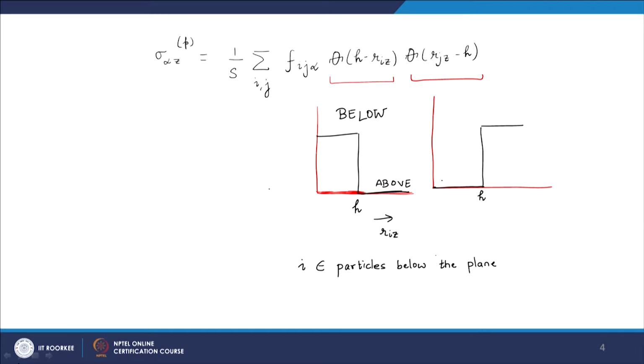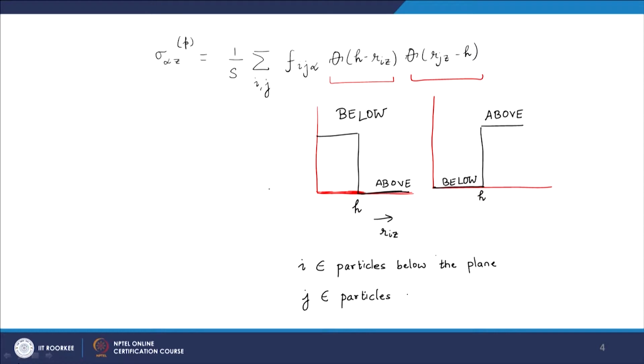This term is going to be 0 when the j is below, and when j is above, the r will be higher than h, r j z, and in that case the particles which are above are identified as j. So, j would contain